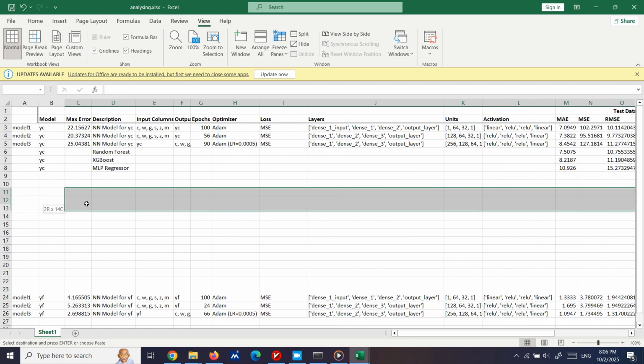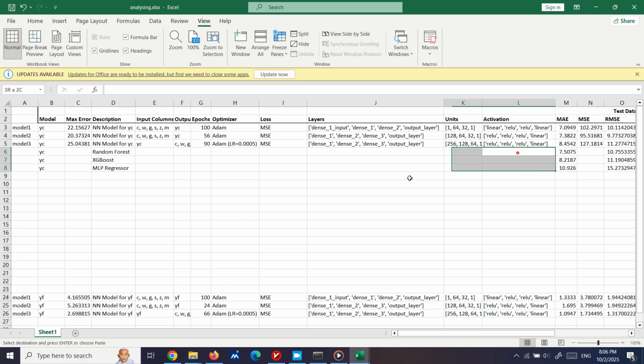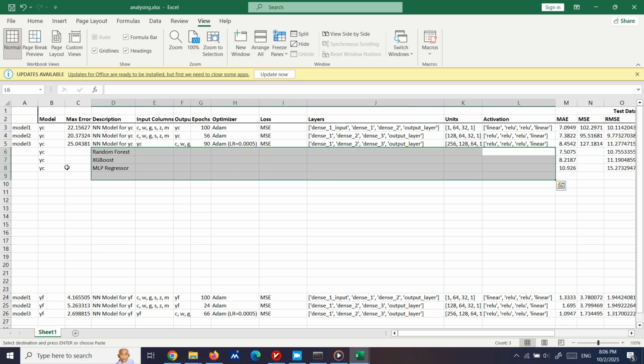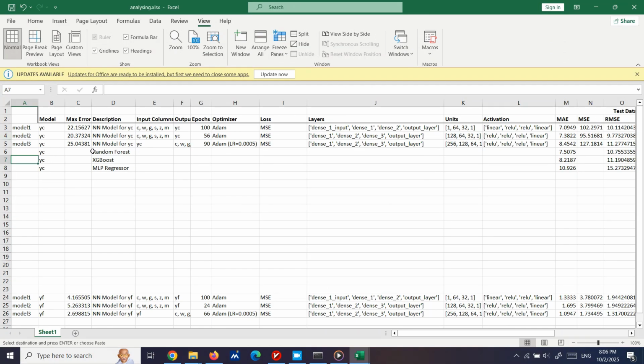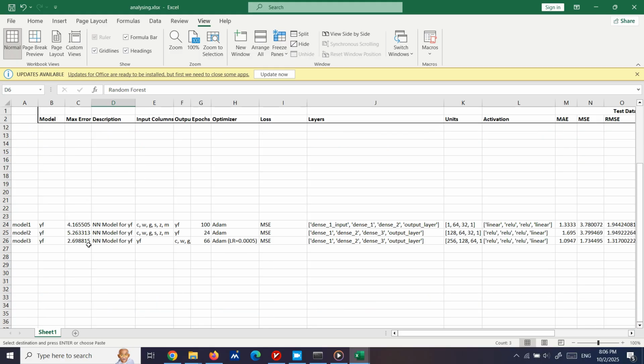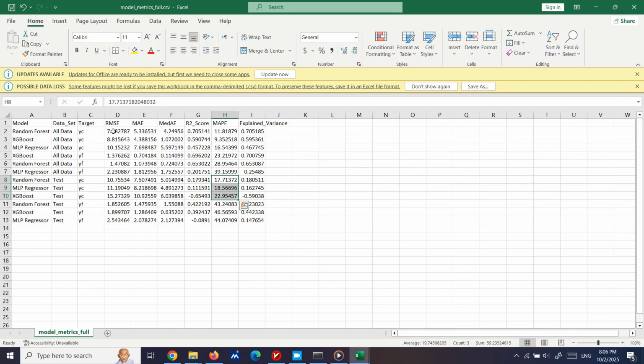Now for these things, they are going to be empty because these are the models that don't have any of them, but we need to do the same thing for the YF also. Let's increase that. For the all data and test, let's go for YF,